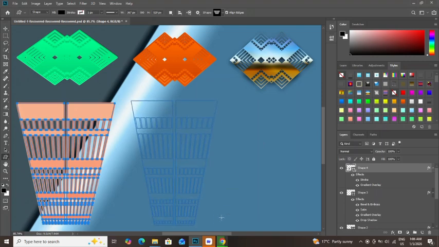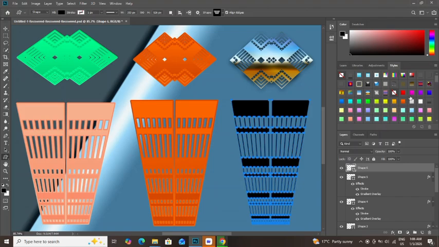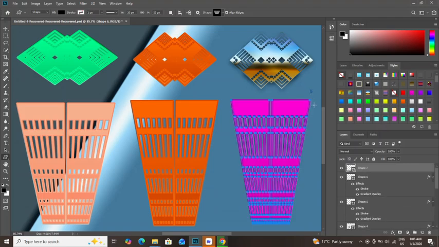Next, I duplicate the frame layer and slightly scale it up to create a layered border effect. Then I add subtle shadows to separate the frame from the background. After this, I fine-tune spacing so the image feels centered and